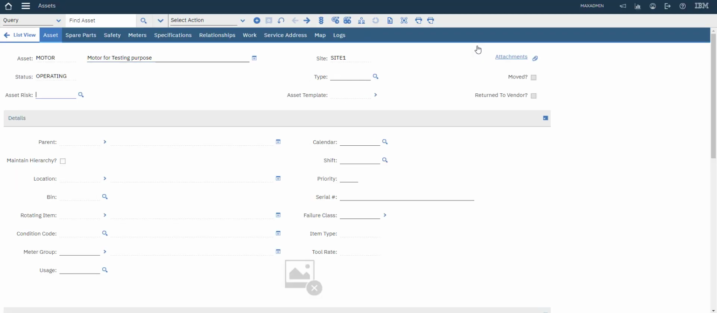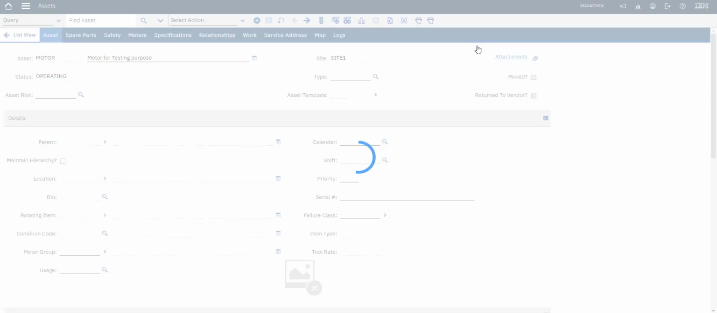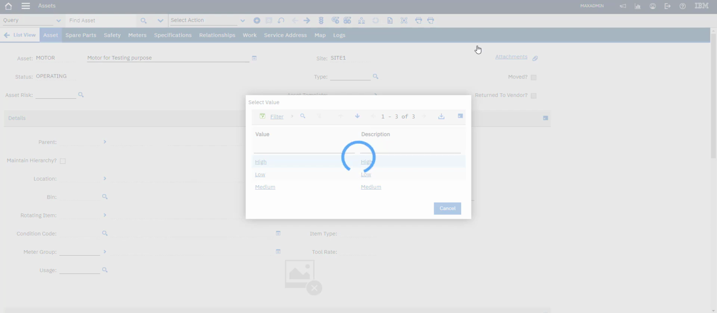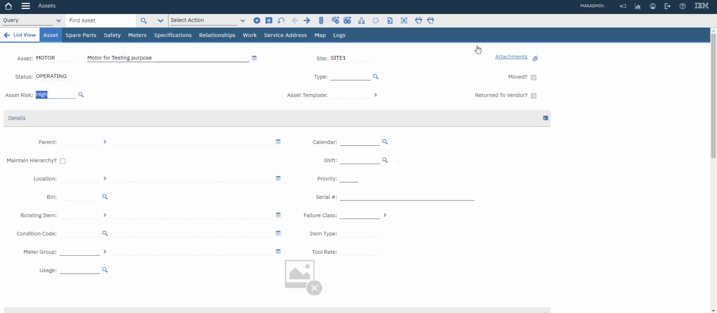Okay, now this attribute appears here, and this is the value that we associated with this domain. Now, if you enter high, for example, okay, you could enter any value as you want. If you didn't enter anything,